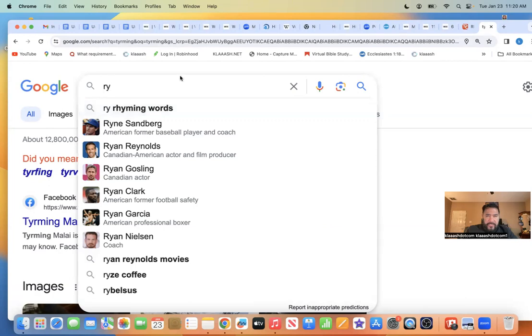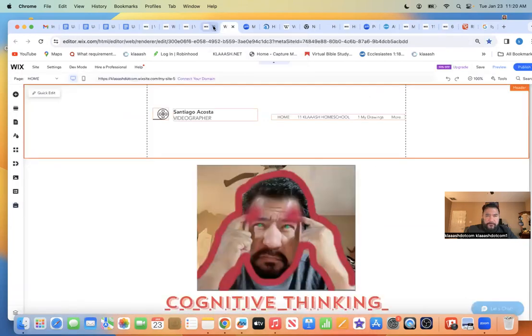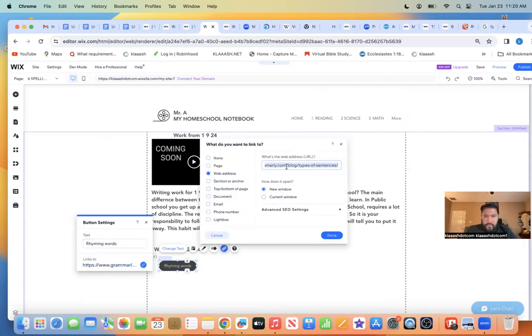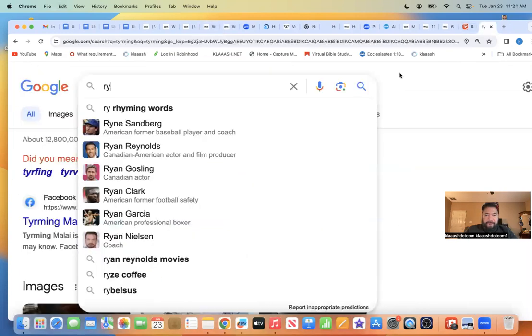Come up here and we type in rhyming words. And then you click on this one and we get rid of that. And let's see if it keeps it in our memory. Command V. Wow, it doesn't keep it there. So we got to go back and copy it.